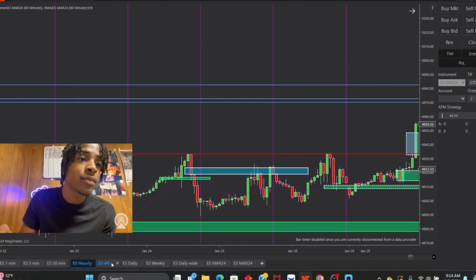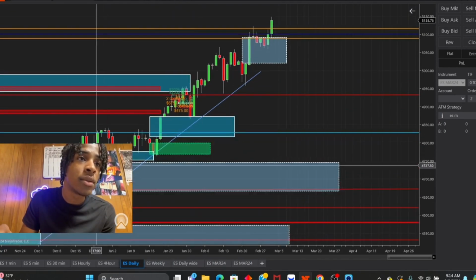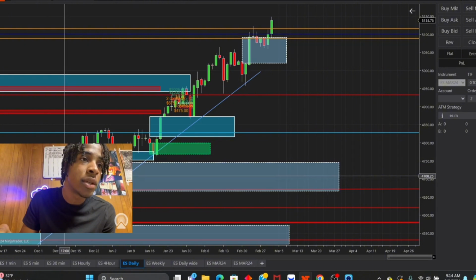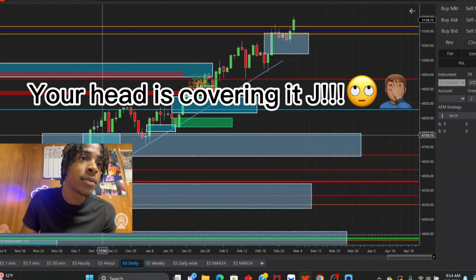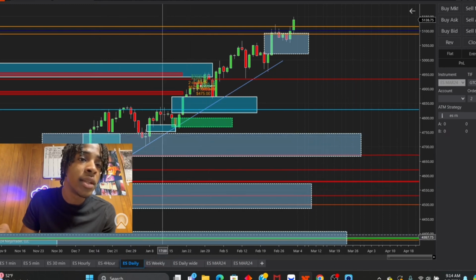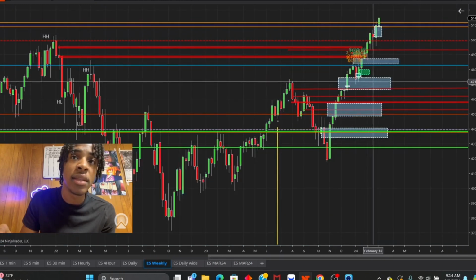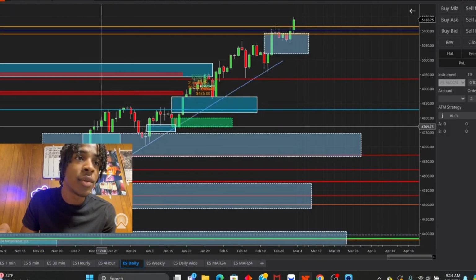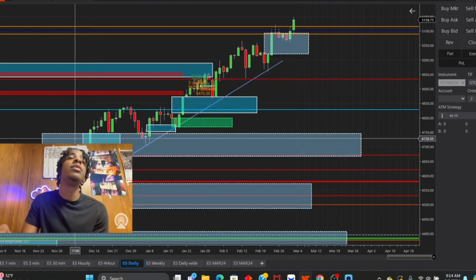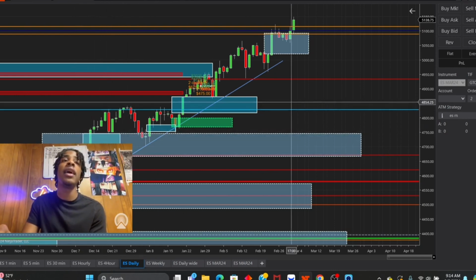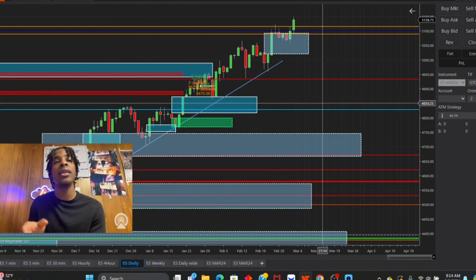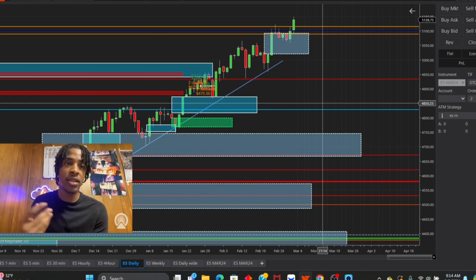For example, that's why I show model this gap. This is a great example. This is on a daily chart. A gap was made here, but if you go to the weekly, this is a weekly gap that's covering it, which is, I think it's this one. So boom, a gap was made at the same exact point on the weekly and this one. So that lets me know next time price goes up and comes back down to that gap, it's going to shoot back up, because I have multiple time frames matching up that gap, and it's giving me more confluence and belief that next time it comes to this gap.